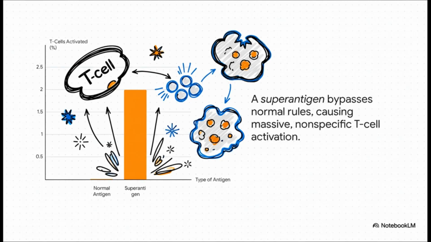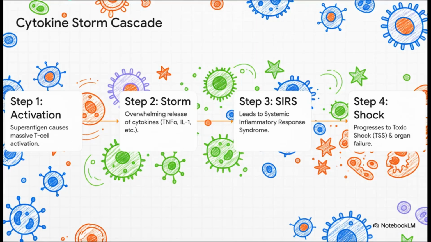This bypasses all the normal safety checks and can cause a massive, system-wide activation of 20% or more of all T cells in the body. As you can see from this chart, that's a catastrophic difference. And this massive activation sets off a deadly domino effect. With so many T cells activated at once, they release an overwhelming flood of pro-inflammatory cytokines, creating what's known as a cytokine storm. This storm triggers systemic inflammatory response syndrome, or SIRS, where your entire body's inflammation systems fire at